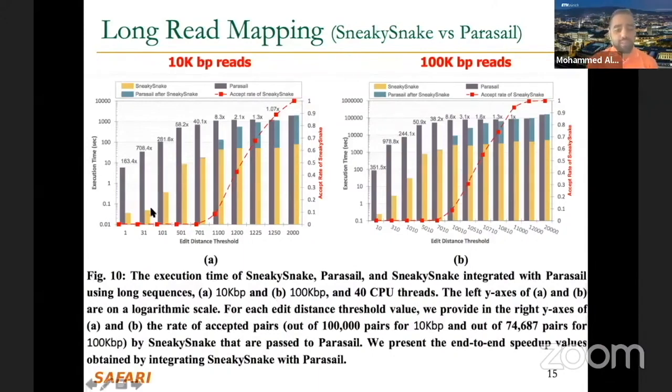In the yellow columns, you will see the execution time of SneakySnake only, the filtering. And in the gray columns, you'll see Parasail. Just running SneakySnake alone and Parasail alone, you'll get these plots. And now, if you go to SneakySnake, you get the accepted pairs and you try to run Parasail on only the accepted pairs,